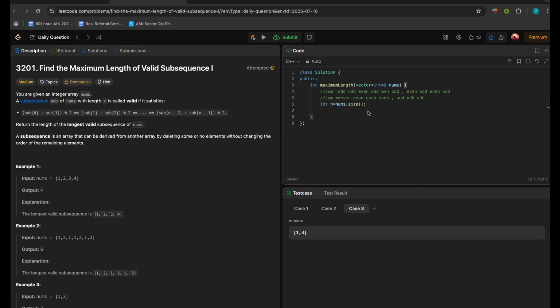So for the alternative, what we'll do is just take a boolean like this. What is our first index? For moving forward, let me consider nums[0] first, and if nums[0] equals odd, then our boolean will